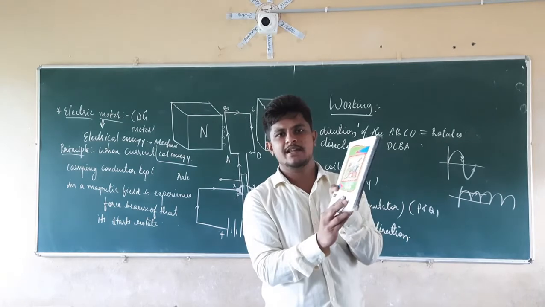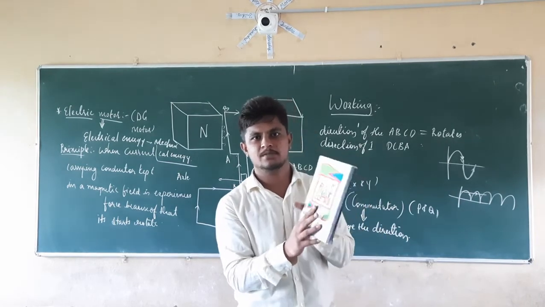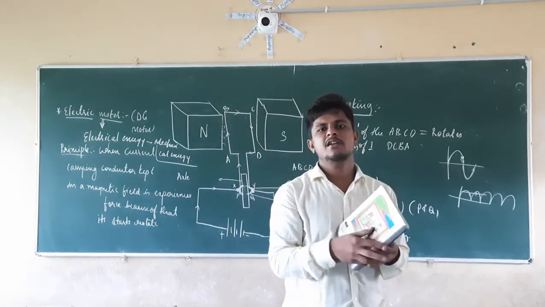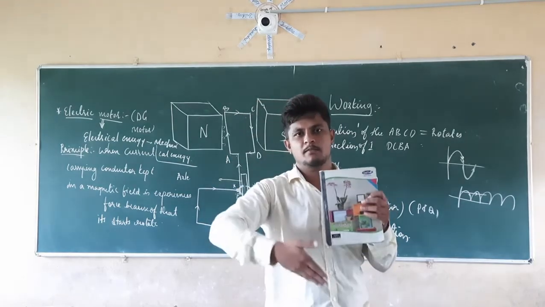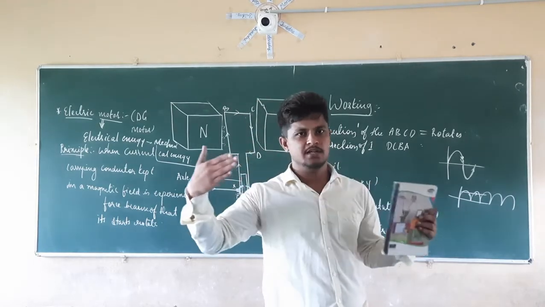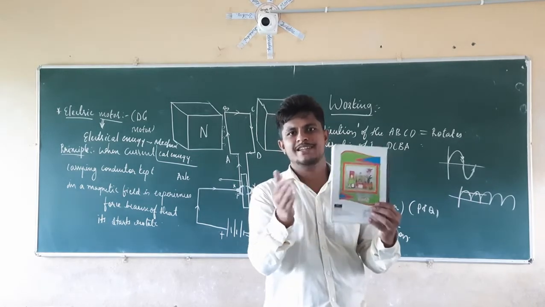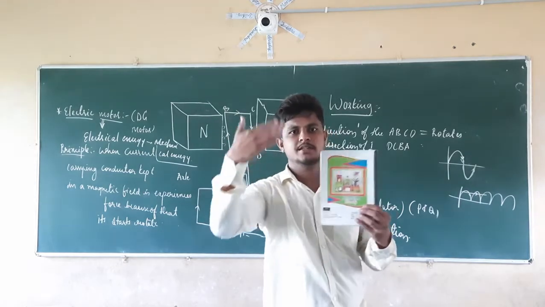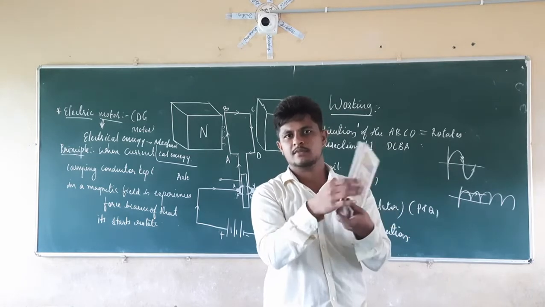So I hope this is correct and understandable. Everything is understandable now: why we are using the split rings, how it is working. Or you can use the right hand palm rule here. At this position, the direction of the current is upward. The direction of the magnetic field is in the left hand direction, so there is a force here. After here also there is a change in the direction of the current. Again the direction of the current is upward, and the direction of the magnetic field is in the left hand direction. Again it is going to rotate.